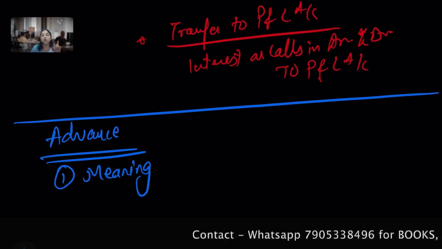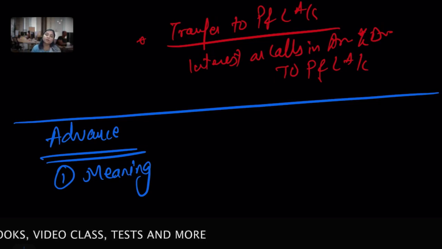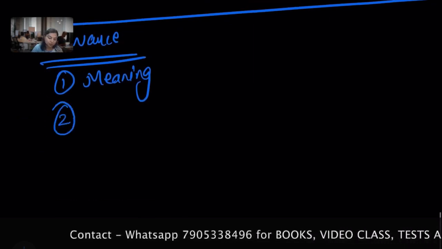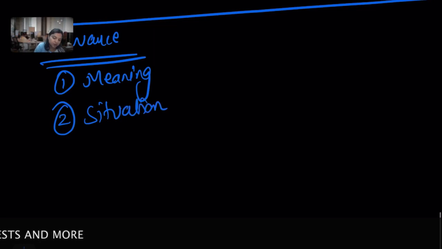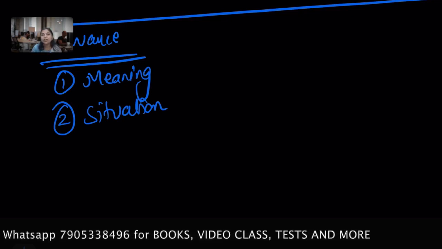Generally, calls in advance arise when there is an oversubscription of shares, and second, when the shareholder prefers to pay in advance. So this can be a situation where we see calls in advance. We understood the meaning and the situation. Give me a moment to conclude in another language, then we'll understand the balance sheet and general treatment, and then interest.